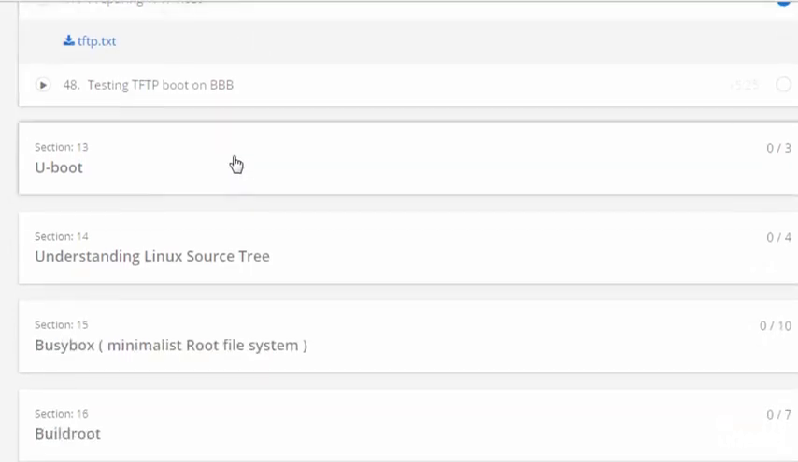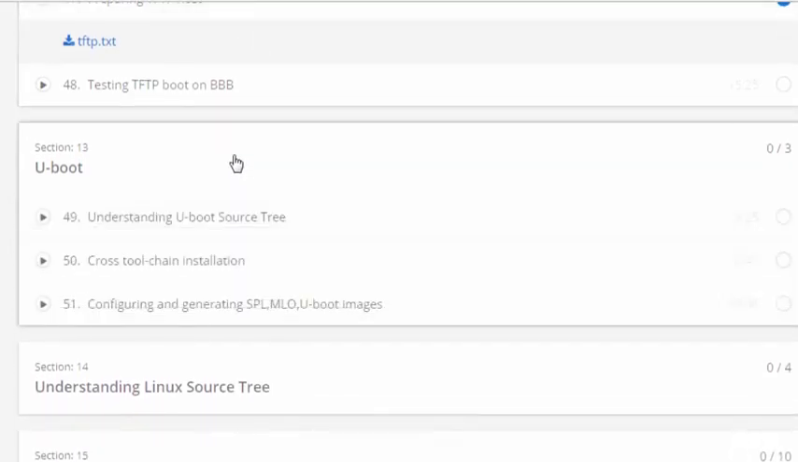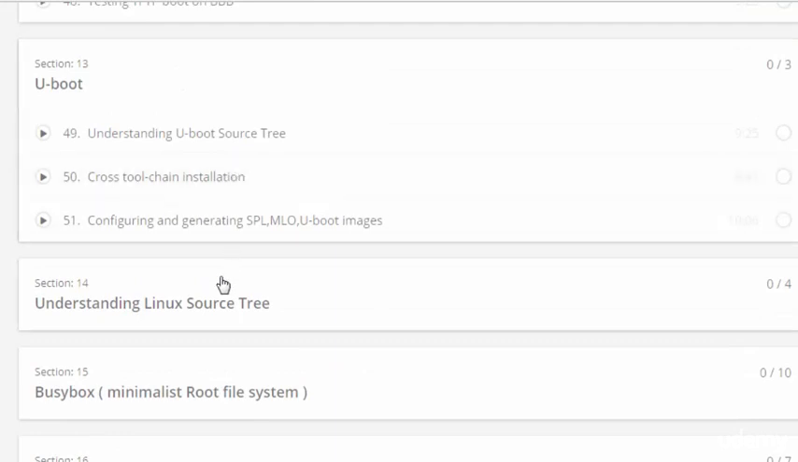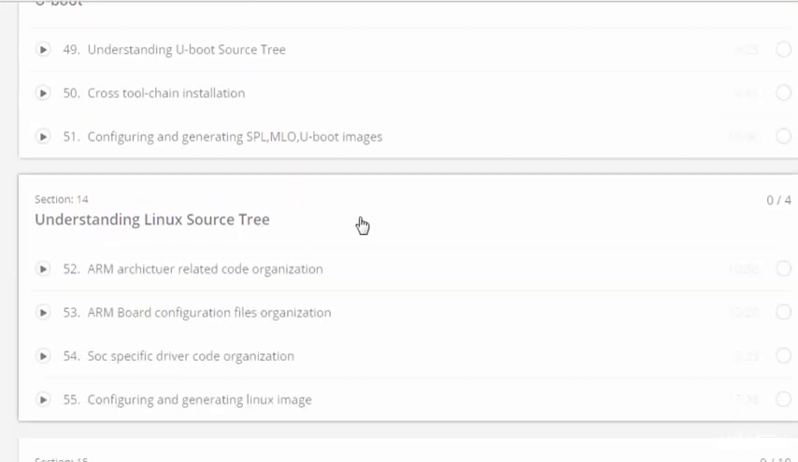Okay, and in section 13 I will talk about U-Boot, its source tree explanation, the cross toolchain installation, and finally I will show you how you can configure and generate the SPL, MLO, and U-Boot images for your board. Okay, and in section 14 I will explain the Linux source tree, the ARM architecture code organization, the board configuration files, the SoC-specific driver organization, and finally we will configure and generate the Linux image